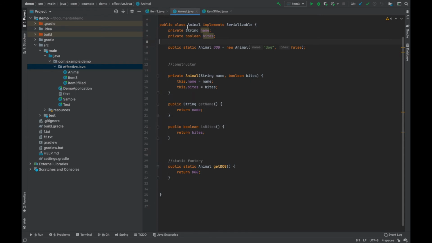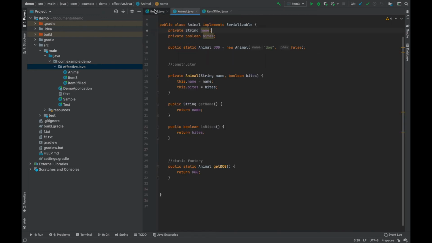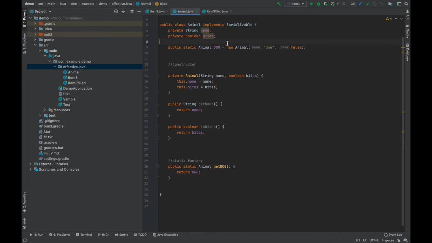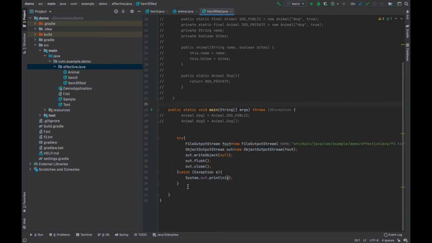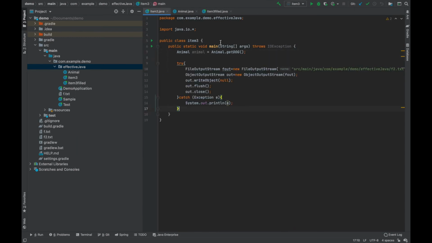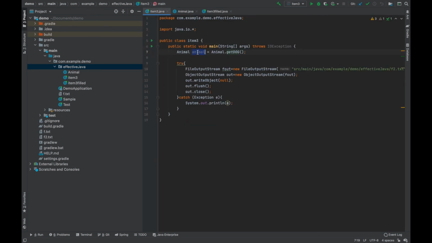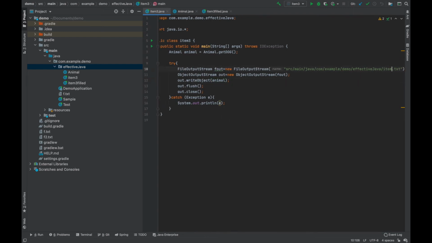Now, where can the byte stream be used for an object? Let's say you want to write this object in a text file. In that scenario, first of all, this animal object will be converted to a byte stream, and that byte stream will be written into a text file. I have that snippet ready with me. If I do getDog, what is dog? Dog is dog and false. Now I want to write this animal instance in an item3.txt file.